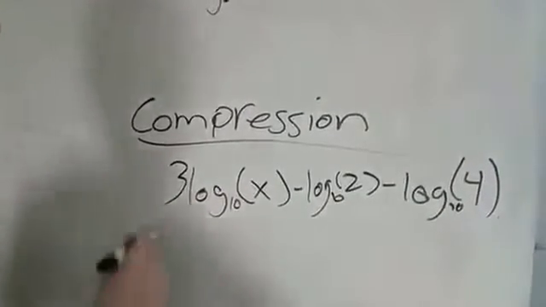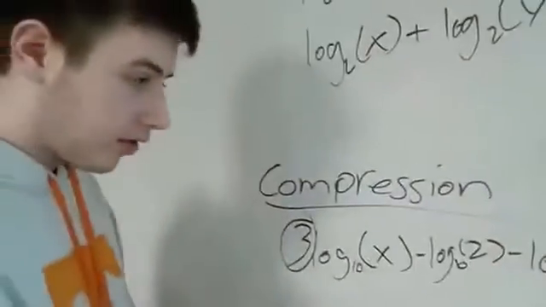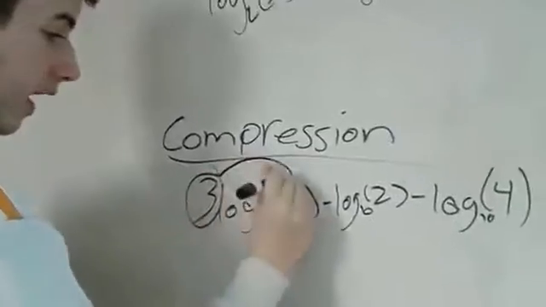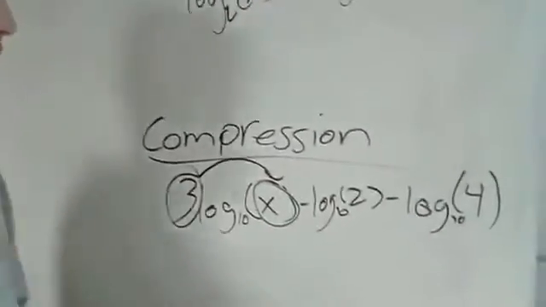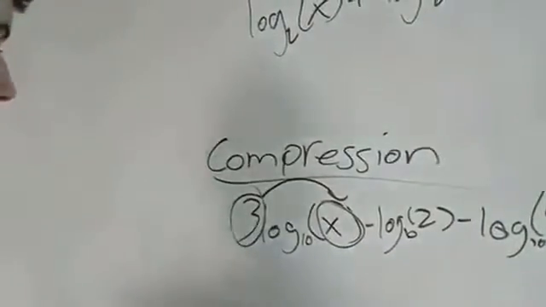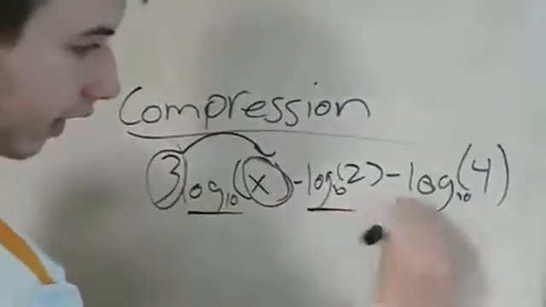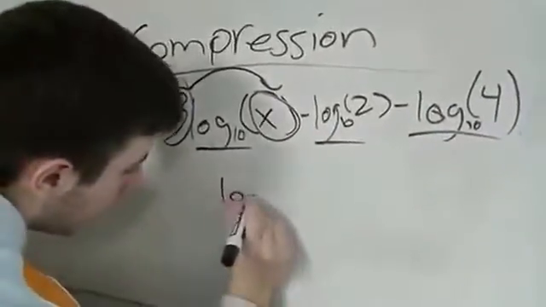What does that mean? It means that when this is compressed in an argument, this is going to be the exponent of this x right here. And all of these we just leave alone and we would write into the argument as we usually would do. How do we do that? We know that each of these have like bases, as I've already established, so that will go on the outside